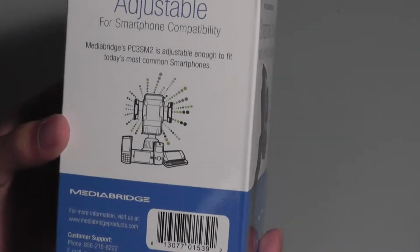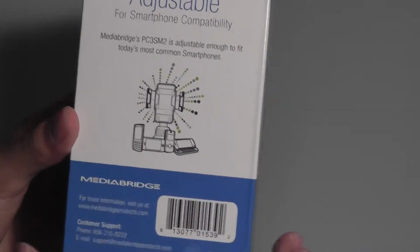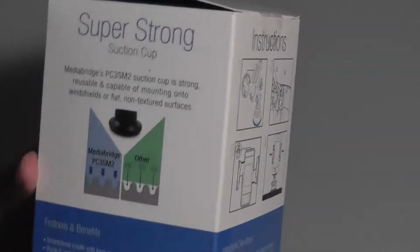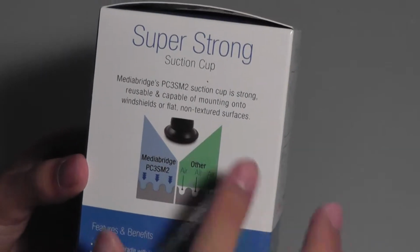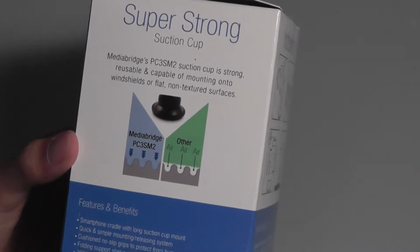The suction cup is actually claimed to be very strong. There's also a pivot hinge which allows you to adjust the angle of your phone's display quite easily. And there's also some instructions on how to attach it, and the manufacturer claims again that the suction cup has more ridges, which makes the connection stronger with the glass or the windshield. So in here,